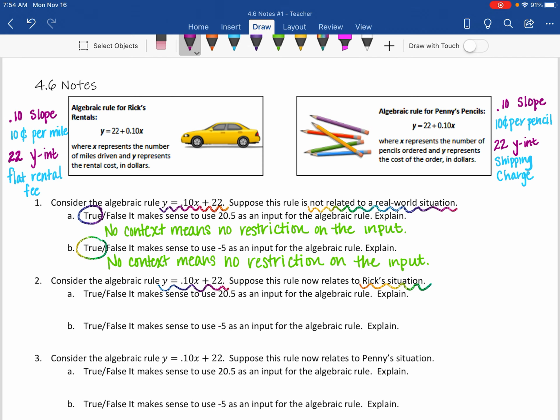Okay, so remember what our input is. Our input is number of miles. Okay, so knowing that, can you drive 20.5 miles? Would it show that on your odometer? It would, so that makes sense. And if you're looking for an explanation, you can say that